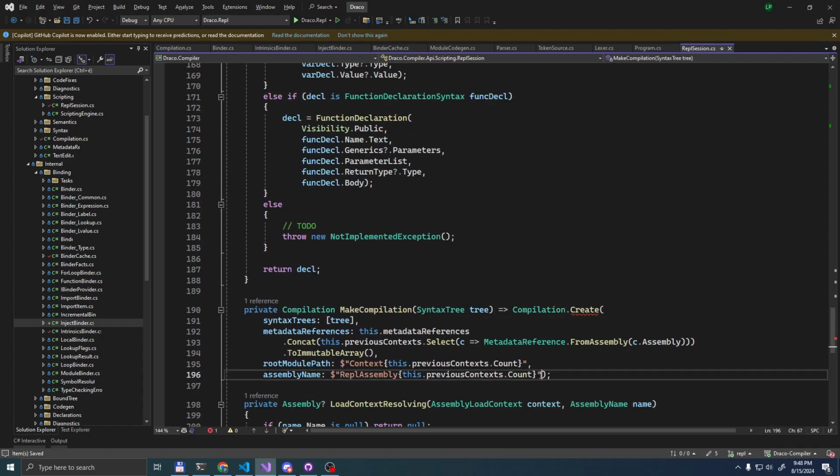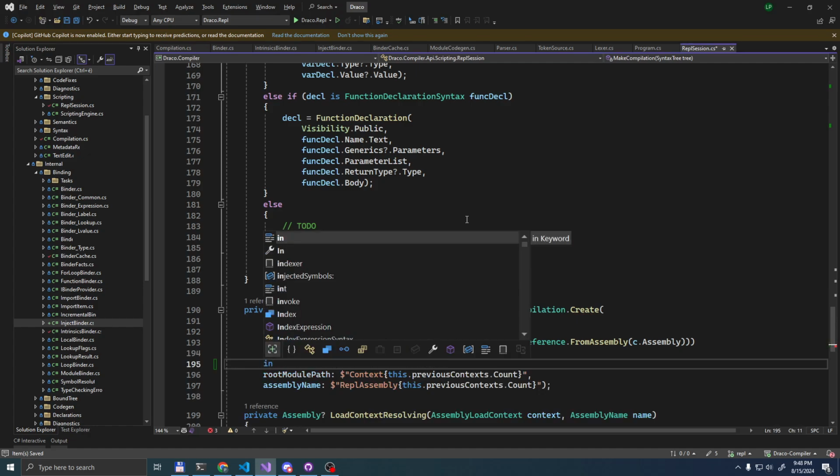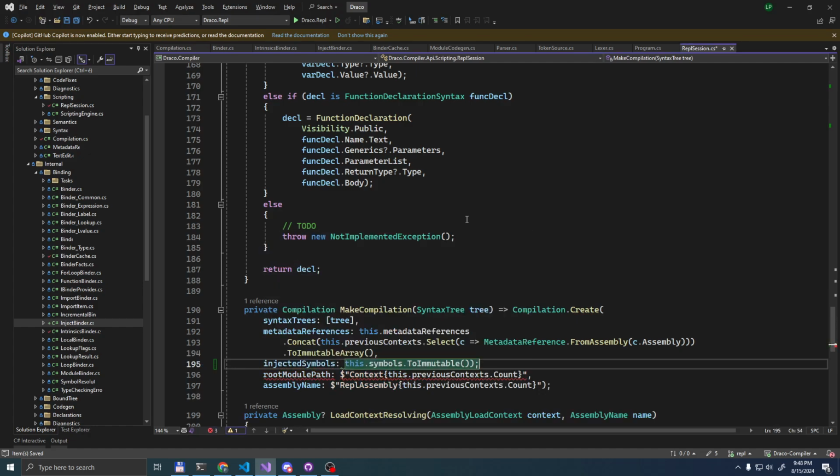So now, for the compilation, we can specify that the injected symbols should be just the things in our builder.